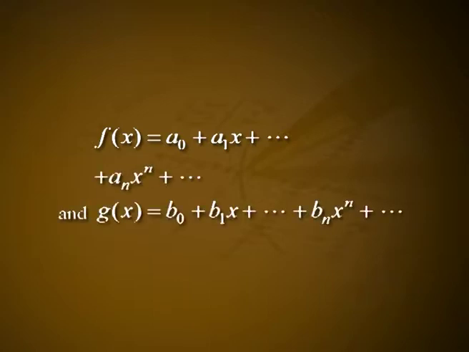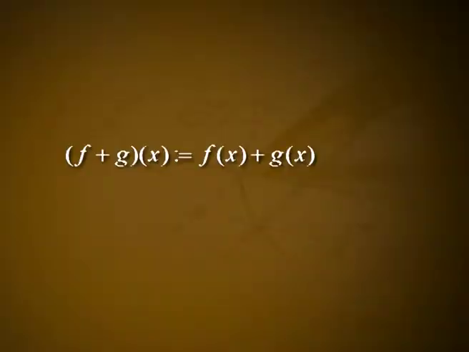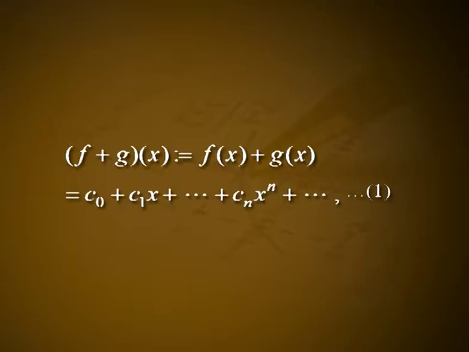If f of x equal to a_0 plus a_1 x plus etc. a_n x raised to n plus etc. and g of x equal to b_0 plus b_1 x plus etc. b_n x raised to n plus etc. are elements in R of x, then polynomial addition f plus g is given in terms of its values at the points x, that is, f plus g of x equal to f of x plus g of x, which is equal to c_0 plus c_1 x plus etc. c_n x raised to n plus etc. Equation 1, where c_n is equal to a_n plus b_n,